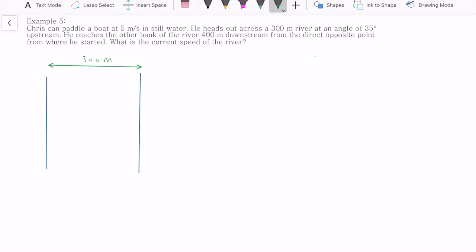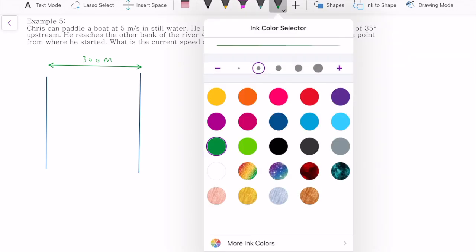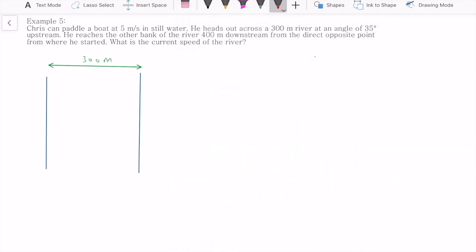And it heads up at an angle of 35 degrees upstream. So, for example, if this is directly perpendicular to where he started from, let's say he started from here, A, he's going to head up 35 degrees upstream. So it goes up here,